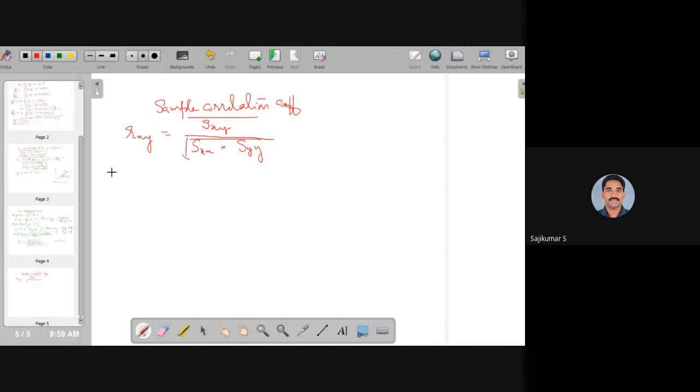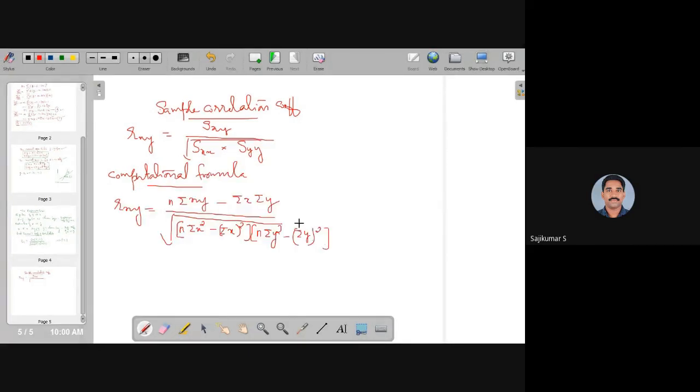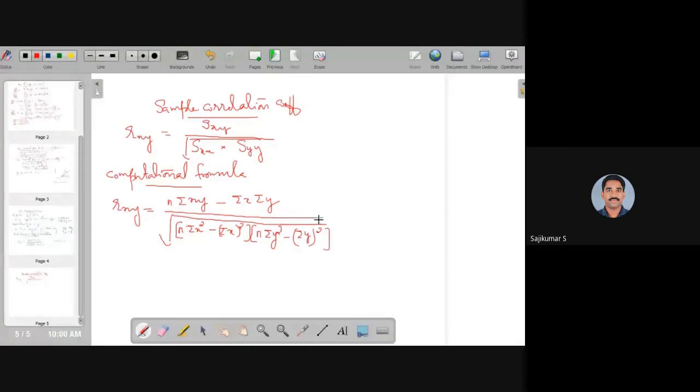And we can use a computational formula. By simplifying this expression, we can arrive at the computational formula for the sample correlation coefficient r. So this is the computational formula, a simplified version of the above representation, Sxy divided by square root of Sxx into Syy. See, this correlation coefficient is obtained from different summations. So for the bivariate data, we can form sigma x, sigma y, sigma xy, sigma x square, sigma y square. And using all these summations, we can find out the correlation coefficient. And after computation, this will be a number which lies between -1 and +1.